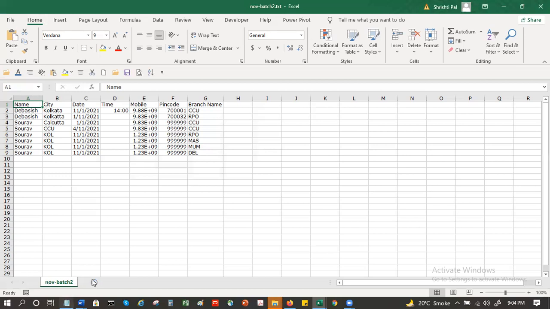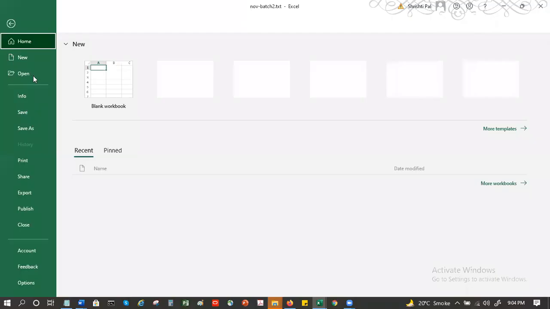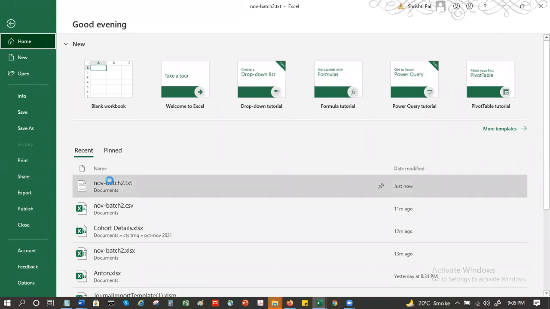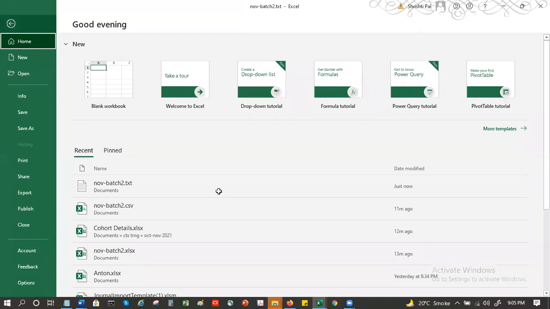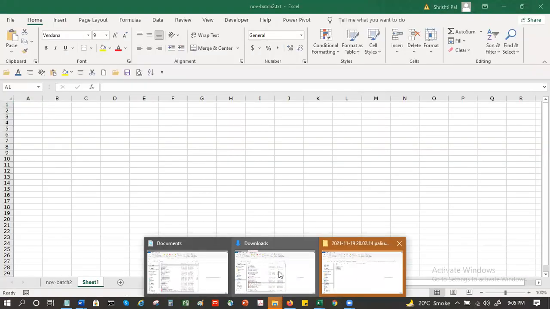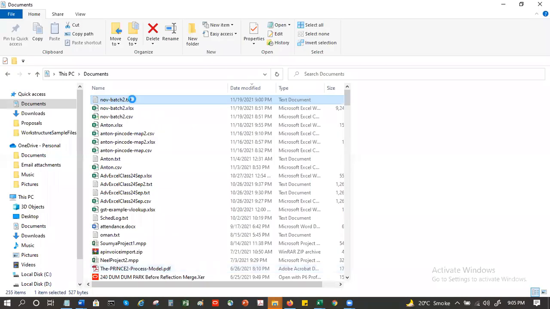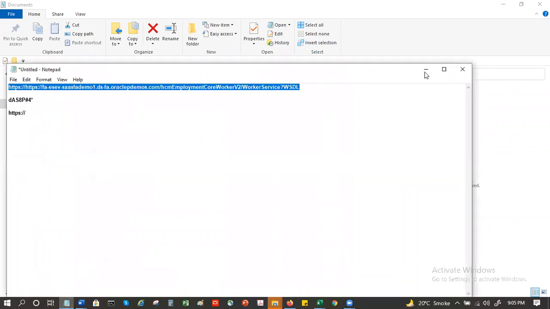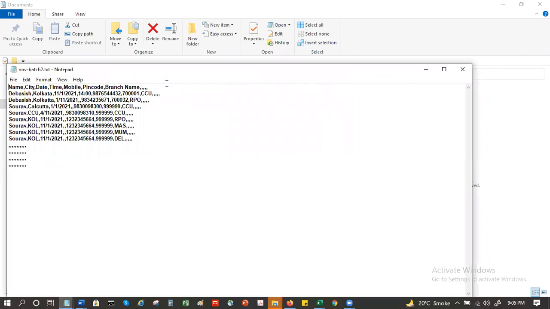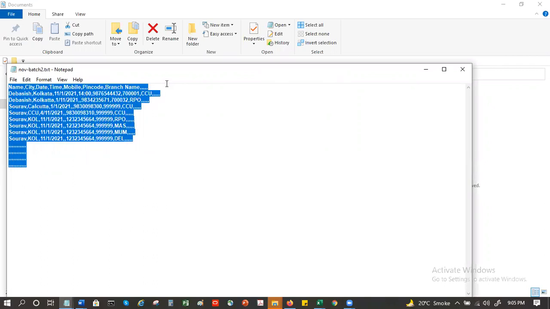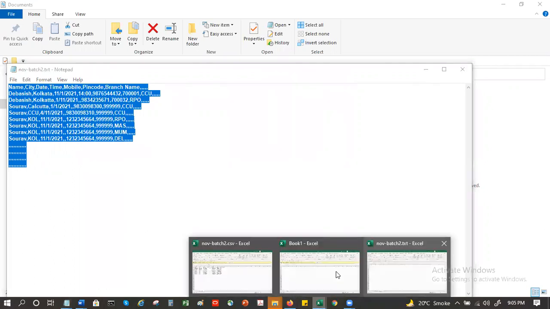So suppose I were to do this again before the next class, or you can try this out on your own also. Let me show you another way to get this data in without having to use File Open. Suppose I open the text file. Yes, I already know how we can do it directly, sir. You can put an Excel sheet open and drag it onto your sheet. Or you can do Ctrl+A, copy this entire thing, and paste it over here.